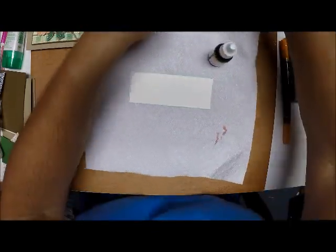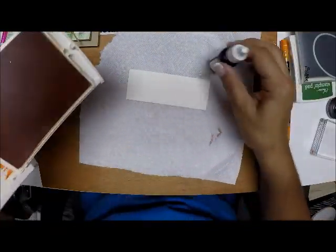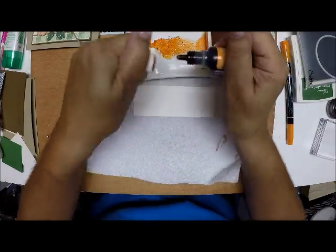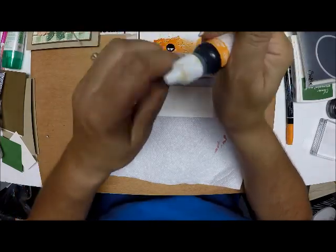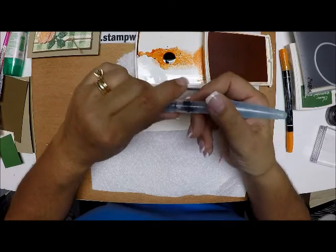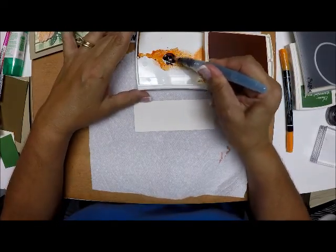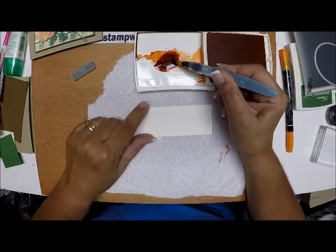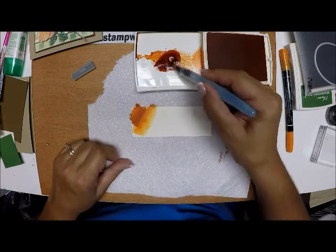With my pumpkin pie re-inker, I'm going to open up my pumpkin pie stamp set, and a stamp pad, excuse me. I'm going to drop a couple drops of re-inker in there. And with my aqua painter, which I filled the barrel with water, I'm going to squeeze a little water in there and pick this up. You can certainly, instead of using the Very Vanilla, use watercolor paper if you want. But I'm just going to scribble this